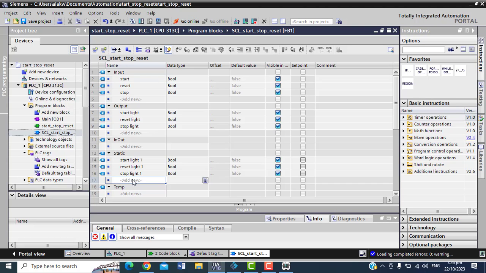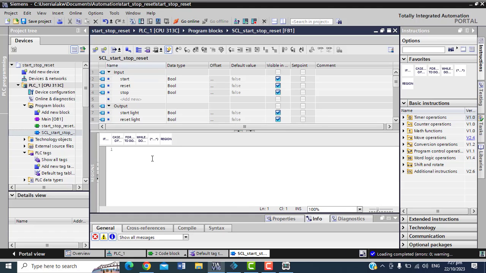So remember why we use this. When we did the ladder logic, I needed to latch the signal, so because of that latching, we need to retain the signal. So what I will do now is name all these things here. The names I gave them are start light 1, reset light 1, stop light 1, just because I want a different name from the other one. So anytime I see start light 1, I know it relates to the start light. This one is for a static variable, whereas this one is for the proper output. So I will do that now.